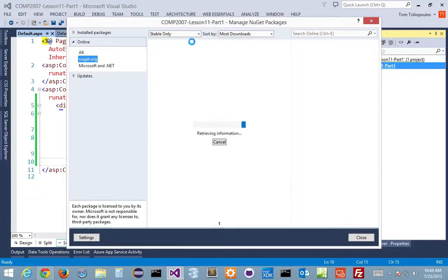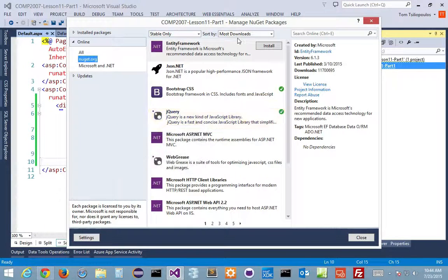Let's do this. And one day, when this comes up, mine takes a little longer than some of the other ones do. All right, so here's our